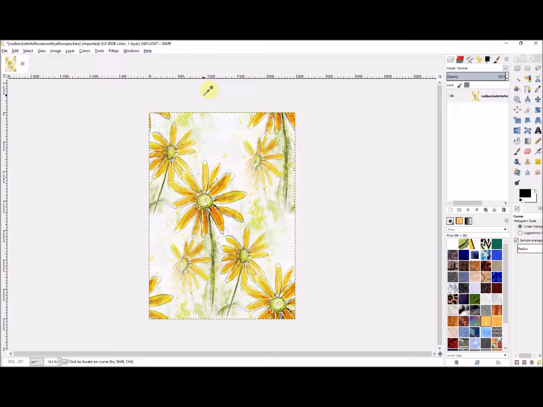That's the end of this video, but in the next one, I'll be showing how to save this pattern as a pattern within GIMP. So again, there'll be no need to export it anywhere to test it. You can do it